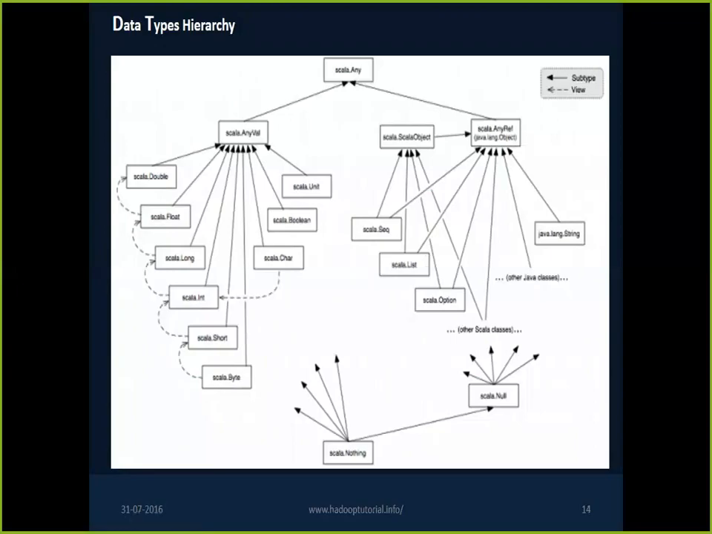Value type and reference type. When, sorry Shiva, my little one is here. And if everything is